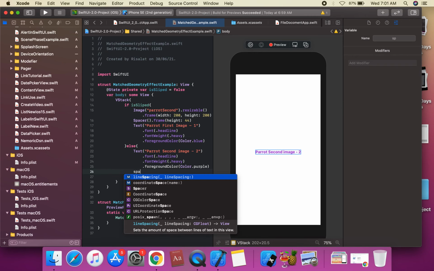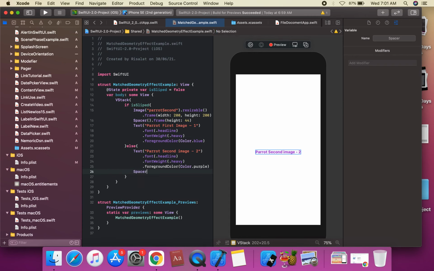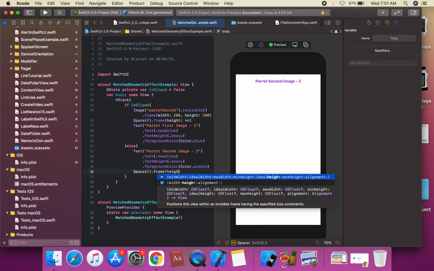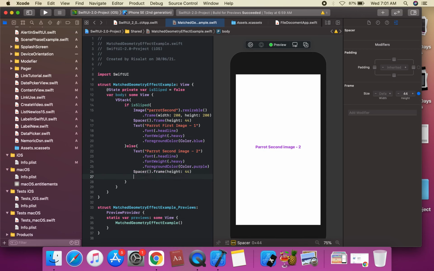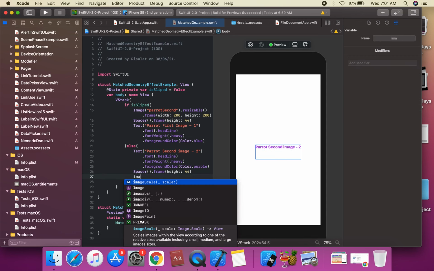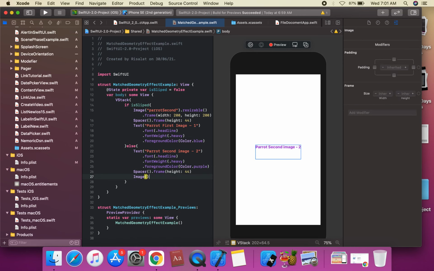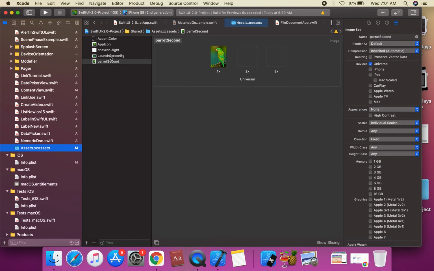We create a spacer and apply a frame height of 44. Then we create an image from the assets, launch screen bg.